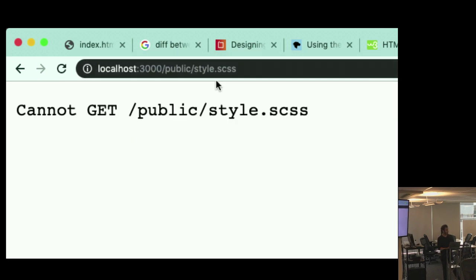/public/style.scss, like that doesn't work. And neither does that. So I just get a little frustrated. In this case here, I'm not going to show you exactly how to figure out this particular issue, because this